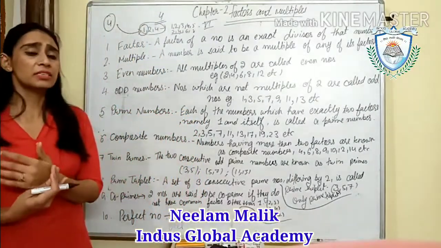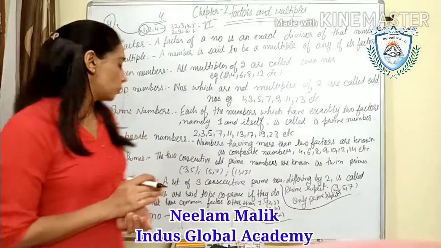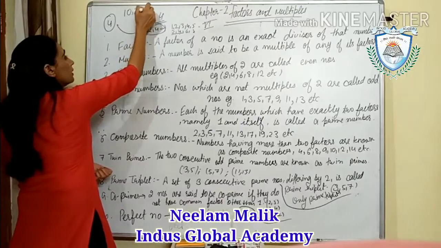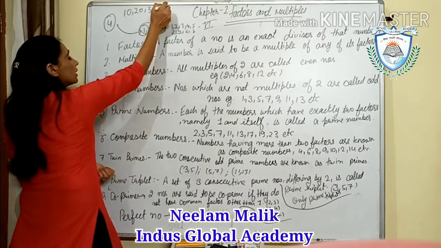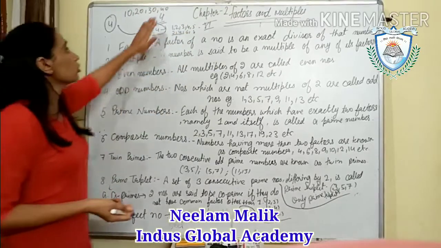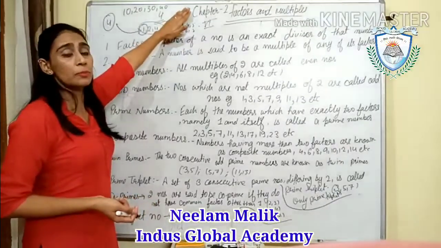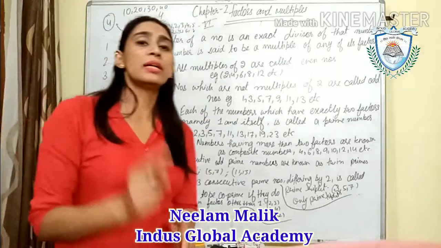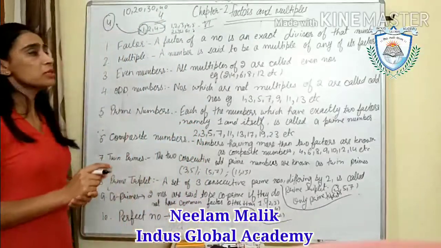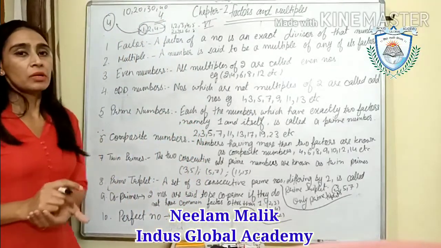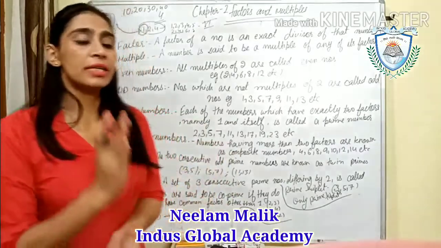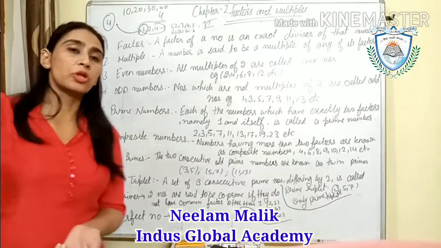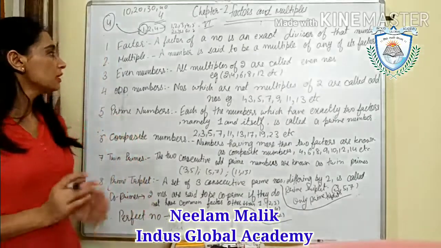is the multiples. Suppose you are writing multiples for 10. So 10 ones are 10, 10 twos are 20, 10 threes are 30, then 10 fours are 40, like this you will write. It will go on, 10 elevens are, then 10 twelves are, then 10 thirteens are. Means all the multiples. First you are multiplying 10 with 1, then 2, then 3, then 5 like this, and then 20, 30, 40. All are the multiples of 10.